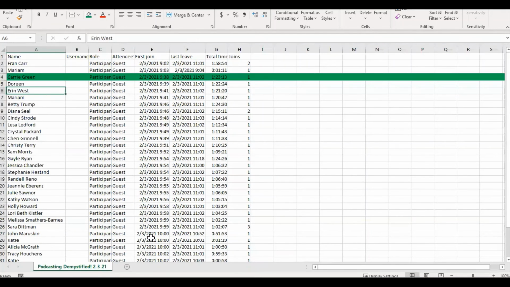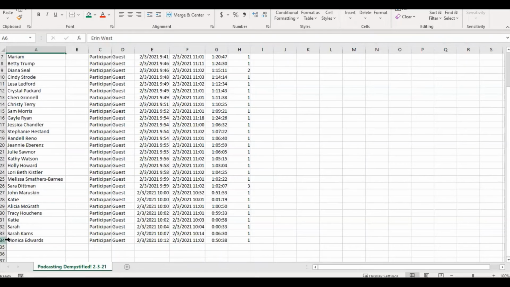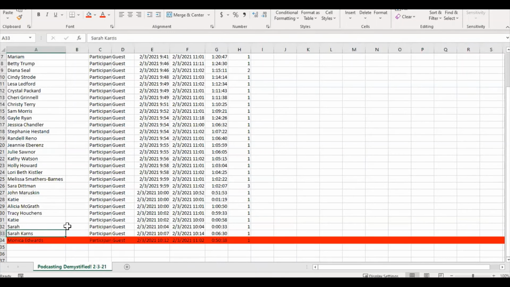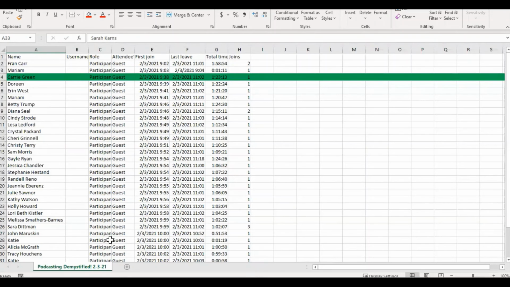Let's say this last person was not in there enough time. She was, but let's say she wasn't. I would just right click on her and mark her red. That way I would know she will not get a certificate of attending. So you just go through and do that for each